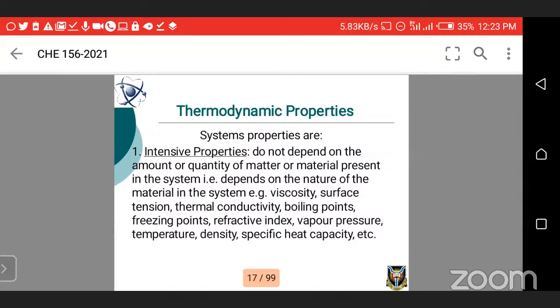The viscosity in that small container will be the same as the viscosity in that bigger container. The same thing with surface tension. Same thing goes with thermal conductivity